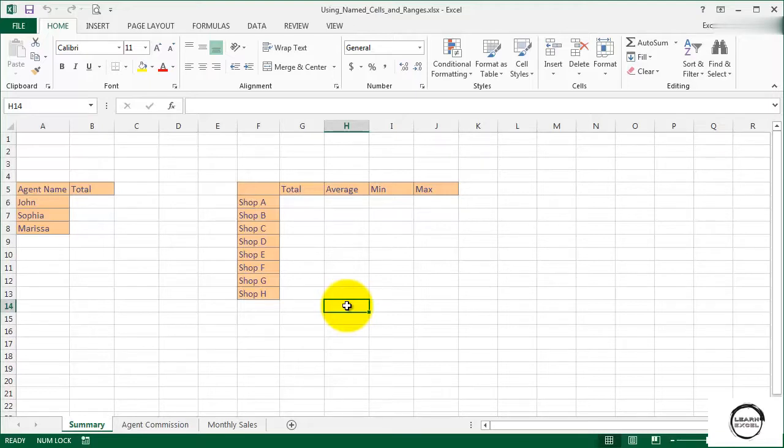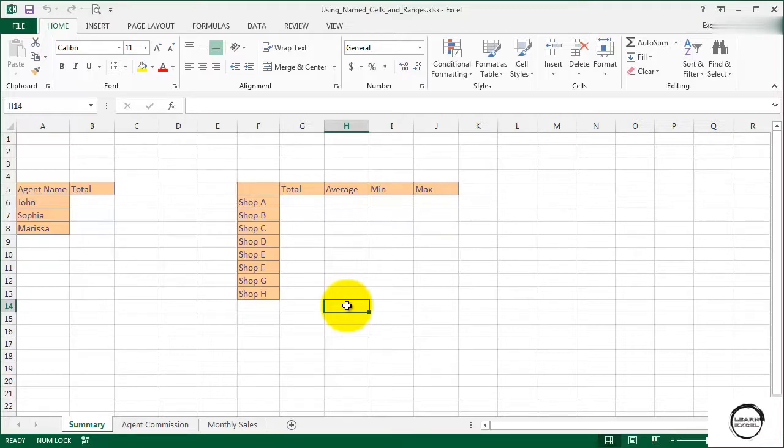You can name a cell or a range in two ways, using the define name command or using the create from selection command in the formula tab. Using named cells or ranges in the formulas keeps your worksheet clean and more meaningful and professional. In this video tutorial, we shall learn how to use named cells in the formulas and how named cells make your job easier.